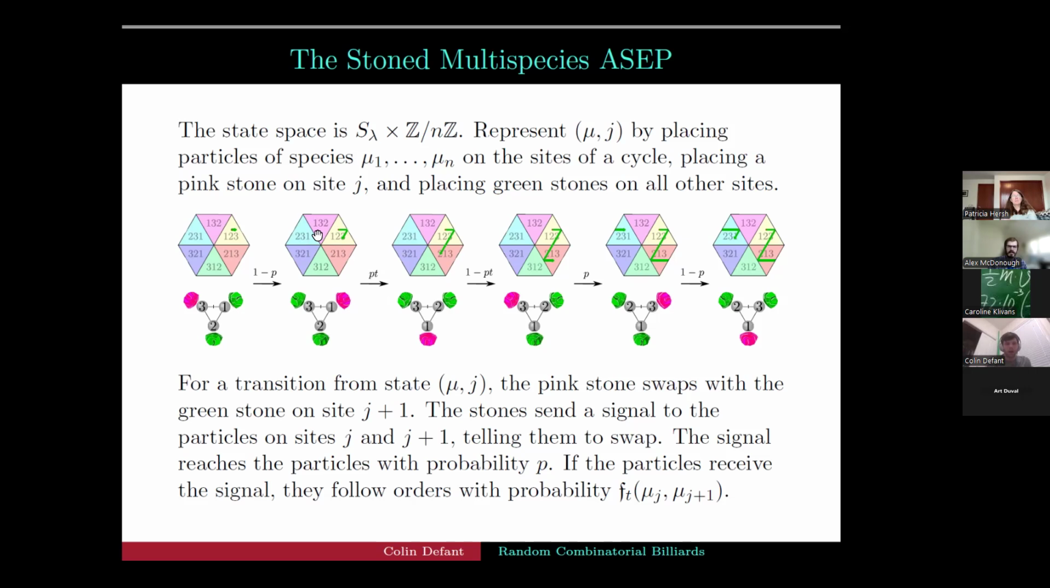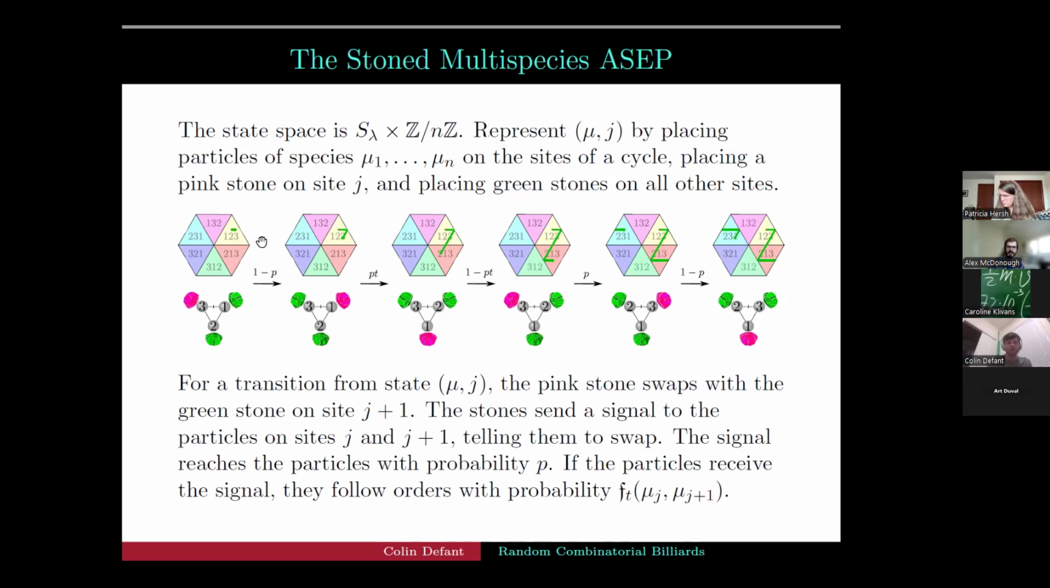Okay, well, let me explain these hexagons. So basically, the stone multi-species ASEP, in the case when you have particles of all distinct species, let's say 1 through n, is actually modeling a random combinatorial billiard trajectory in a torus, where if two particles do not swap places with each other, that corresponds to the beam of light reflecting off of a little toric hyperplane. And if they do swap places with each other, that corresponds to the beam of light passing into